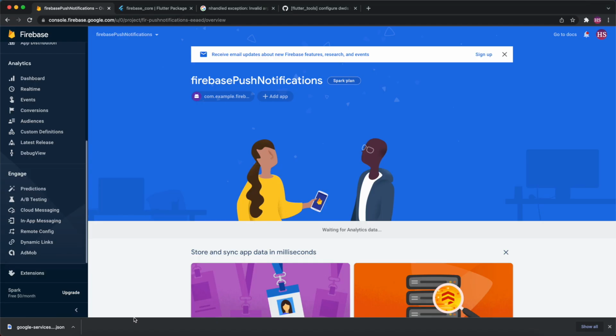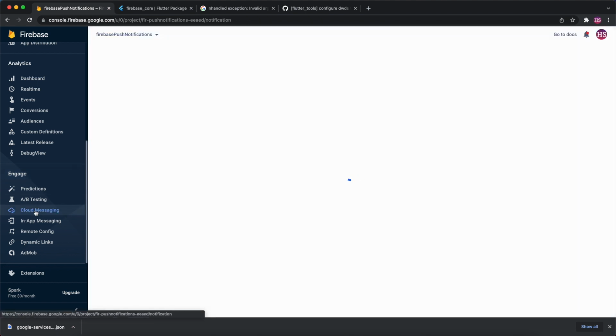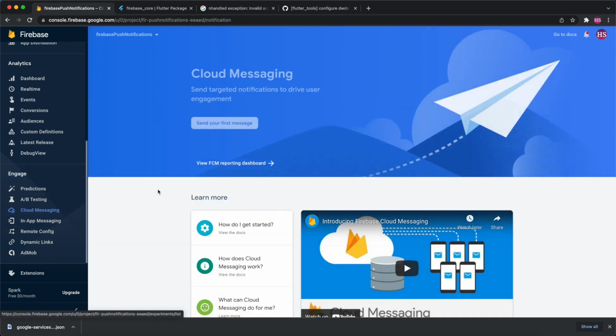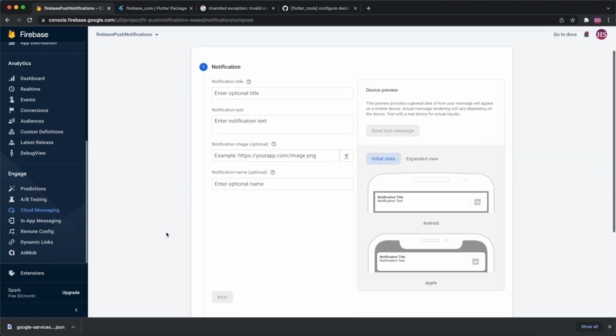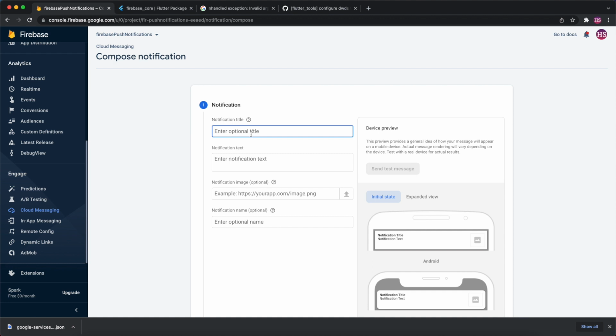So let's just go to our Firebase, and if you can see over here, in the engage section we have this cloud messaging. So let's go to cloud messaging and send your first message. We will go right here and let's create our first message. We will say hello in the title, and in the text we will say how you doing,